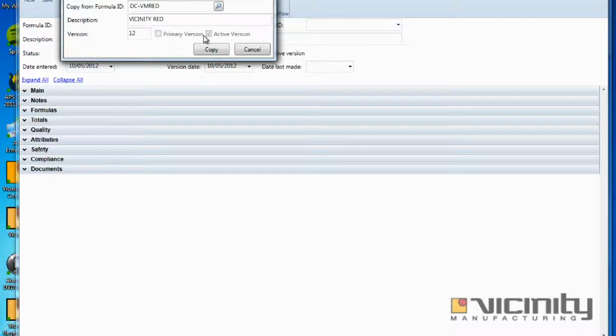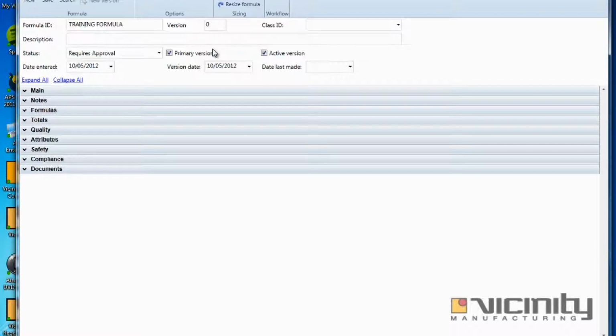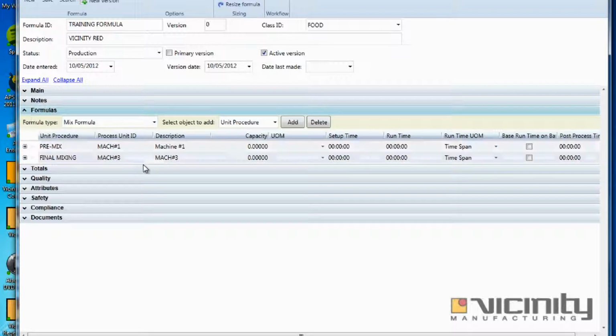So I can pick up DCVM Red, which is my standard demo formula I use quite often. It's showing me a version, etc. It's telling me whether it's active or primary, and we're talking about this version of this formula. All I need to do is press the copy button, and it will bring in all the information from DCVM Red, which was my source formula, in which case I can open up formulas and